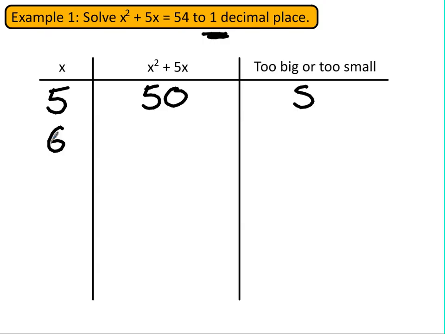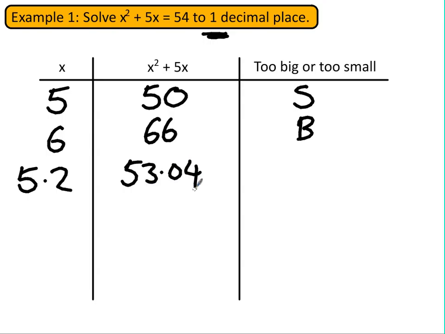If I do 6 squared and add 5 lots of 6, I get 66. Well, that is too big. So my answer lies somewhere between 5 and 6, and probably closer to 5 because 54 is closer to 50 than it is 66. So my next guess using that, I'm going to say, is 5.2. So using a calculator, I'll do 5.2 squared plus 5 times 5.2. That gives me an outcome of